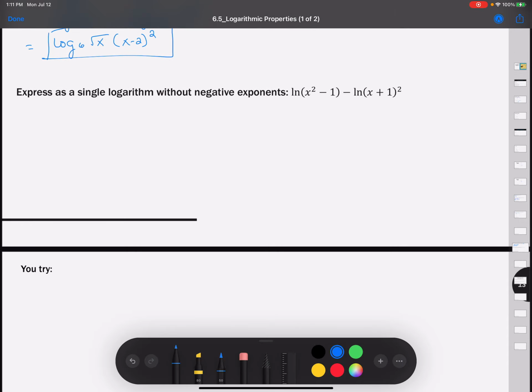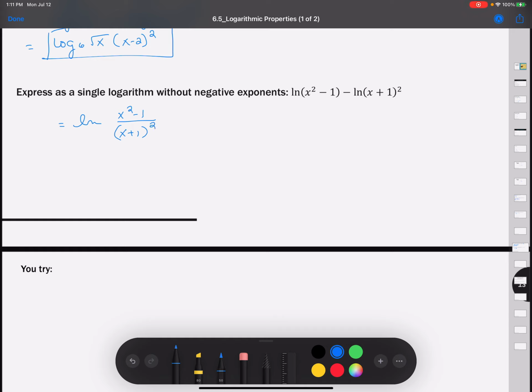Expressed as a single logarithm without negative exponents. Okay, so there's subtraction involved here, so I know that I can use property number 7 to write it as a division problem. So this is going to be natural log of x squared minus 1 divided by x plus 1 quantity